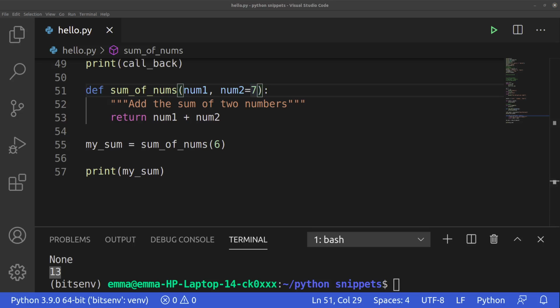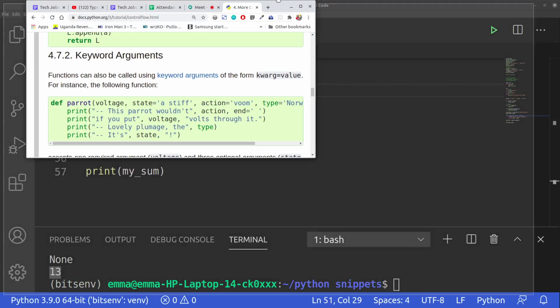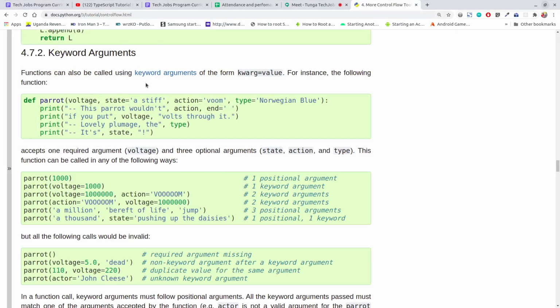Okay, moving on to keyword arguments. With keyword arguments, they have an example here that says functions can also use keyword arguments of the form this and this. So voltage, as you can see, is in position 1. It is regarded as a positional argument. And then this one is state, then action, and then type. Then a lot of things happen inside here, and then they are saying that